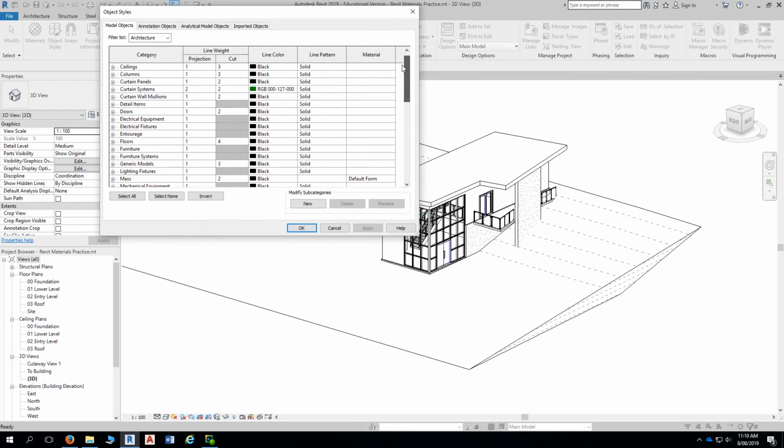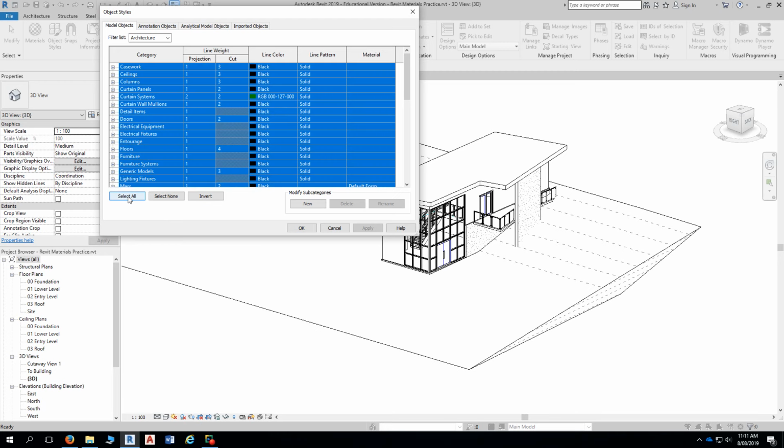Now, what I'm going to get you to do may seem a little odd, but I'm going to get you now to actually assign the same material to every category in the project. And to do that, we have a button here called Select All, which selects every category, every subcategory in the project. Now, if you then pick one of the categories, it doesn't matter which one, and click over here, where I am here,